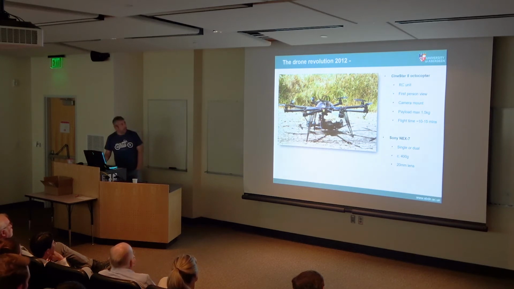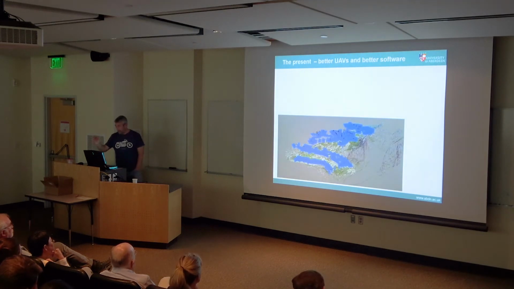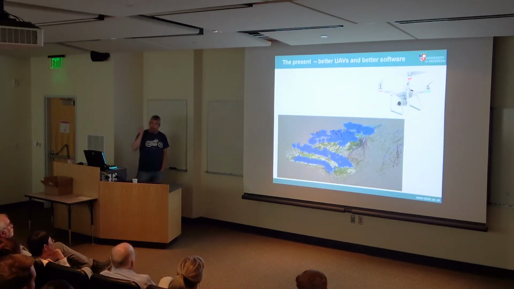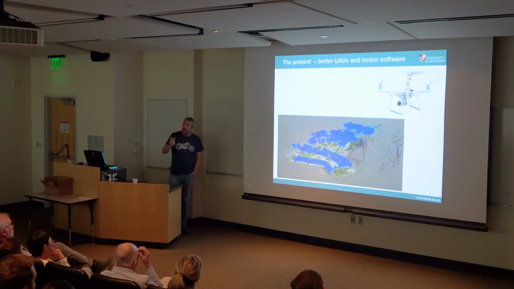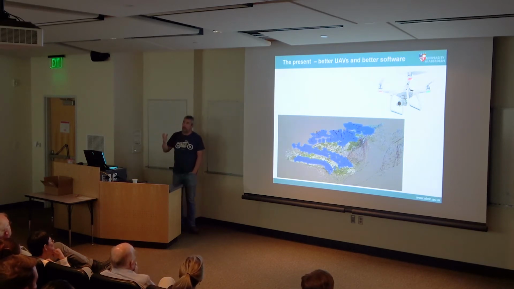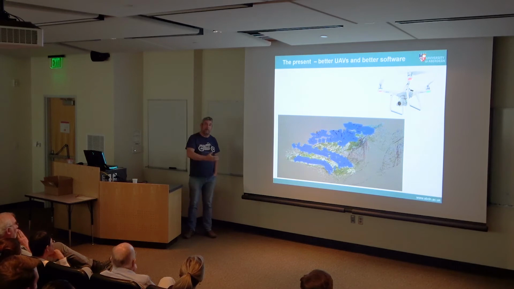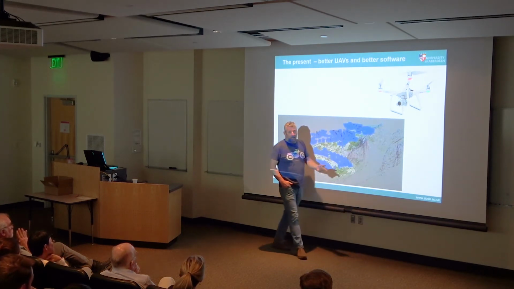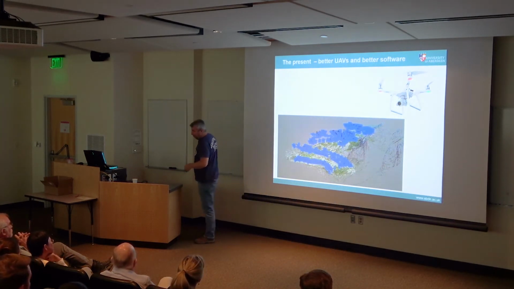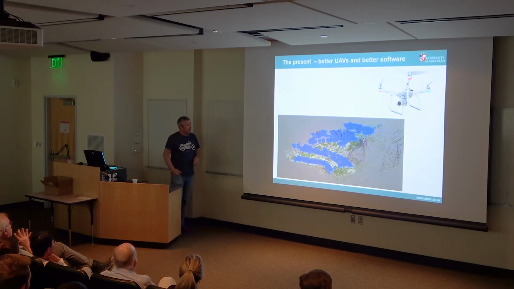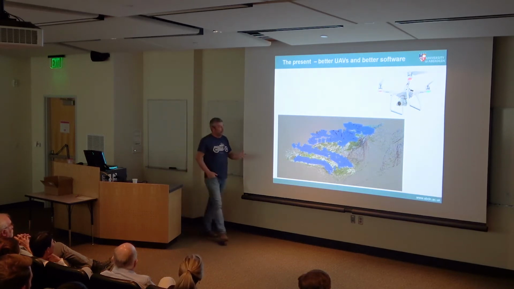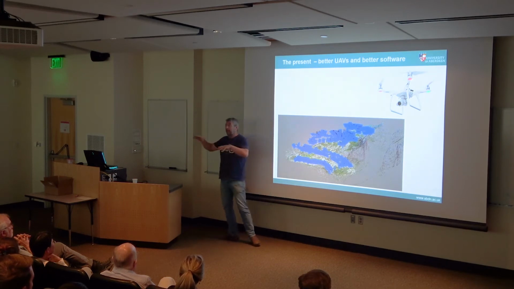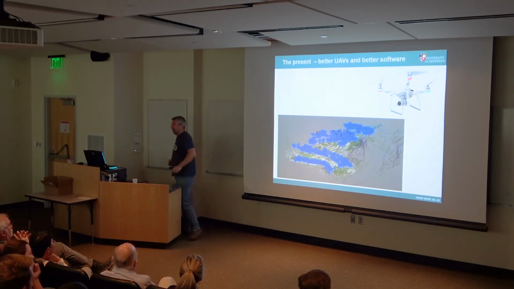So we started working with drones in, as I say, 2012. That one was super expensive, but now they're really cheap. And the two things that have really democratized this virtual geoscience revolution so that everybody can do it now, you don't need a $150,000 LiDAR scanner, is you can buy one of these for about $1,500. You can get Agisoft with an academic license for, I don't know how much, a few $100s. And basically anybody can build 3D models just flying the drone around and collecting that data.